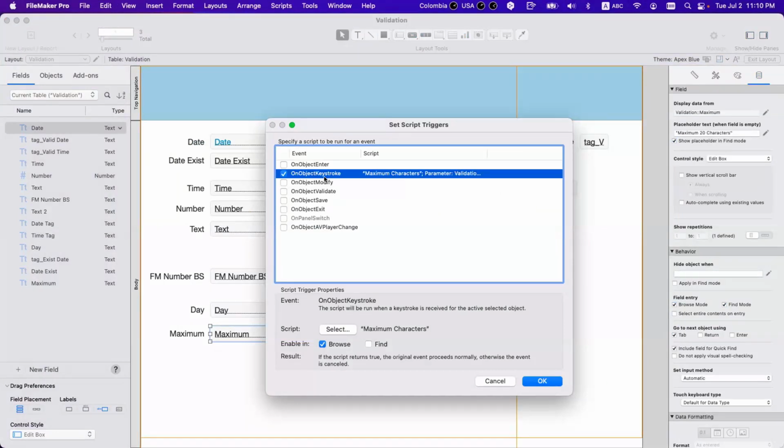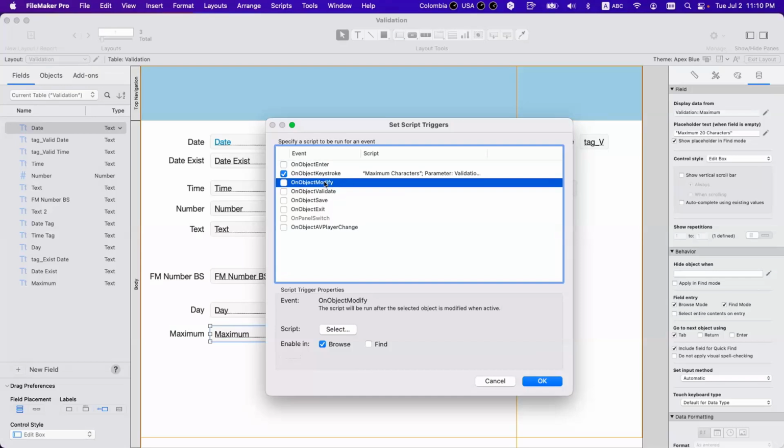If you do on modify, it's way too late, because it's not on modify, it's on keystroke. So as you type, pump, I want to know how many characters I have when you type.